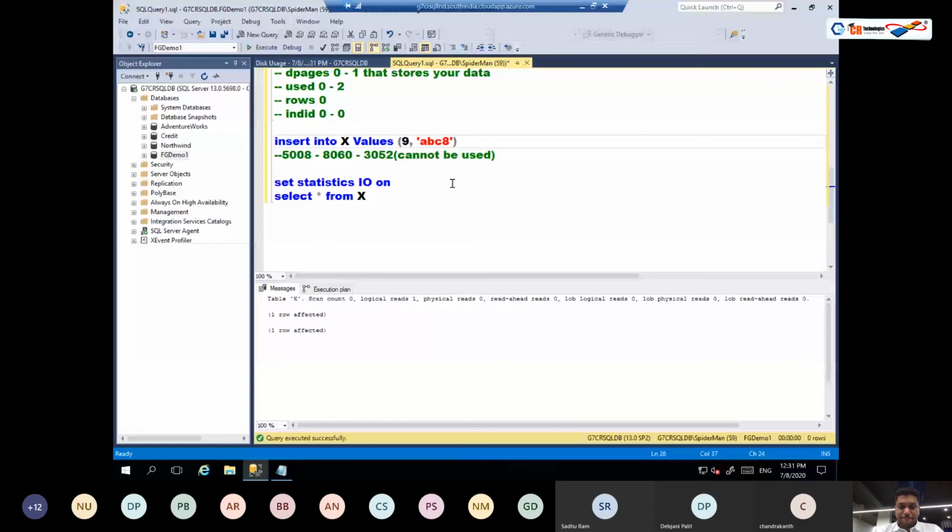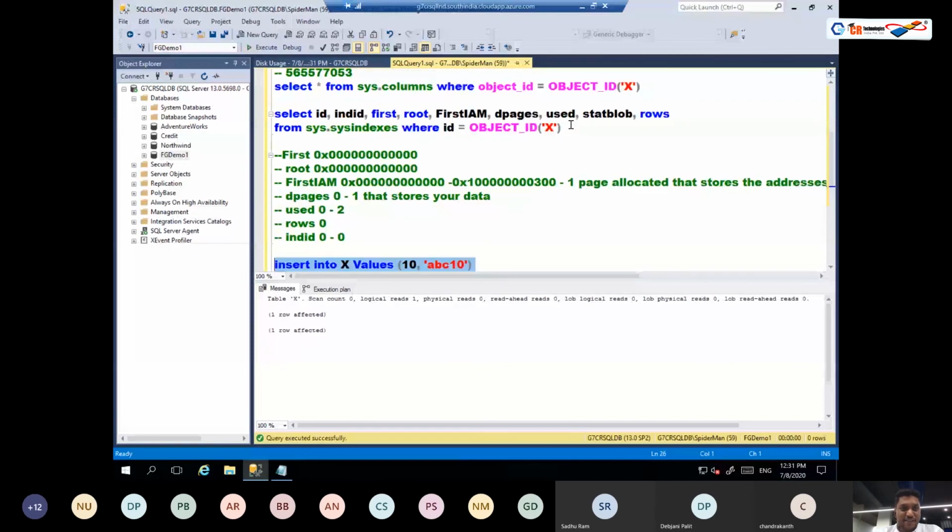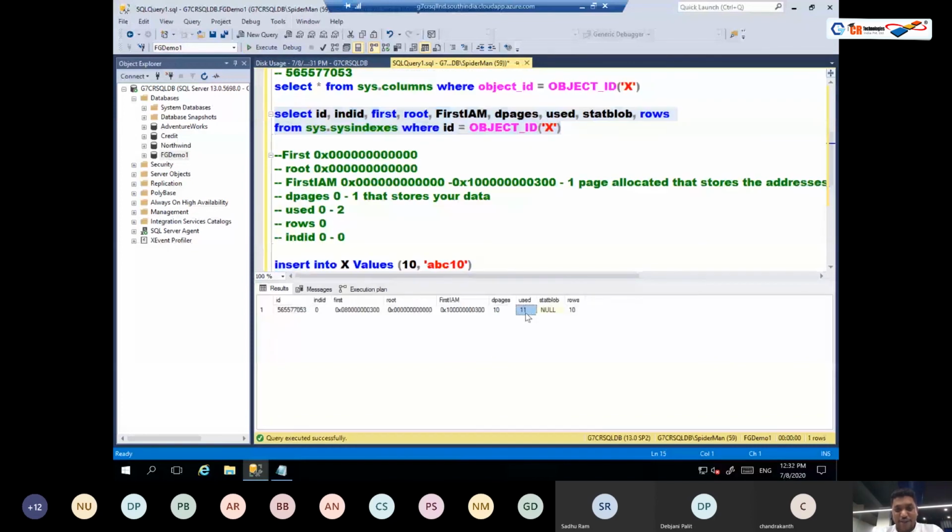9. And 10. Now at this stage, I'm using 11 data pages, right? So if I look at my sys indexes, there are 10 data pages and total pages used are 11,